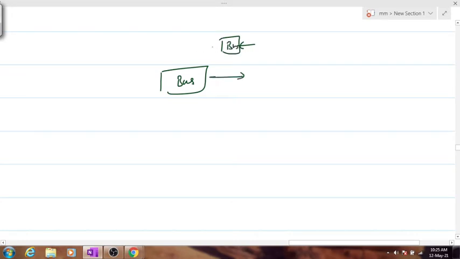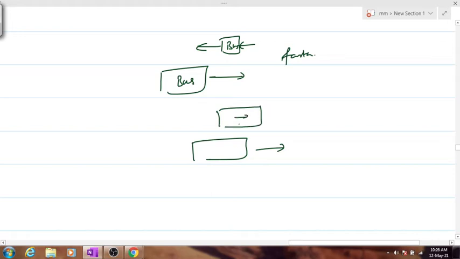You are going in this direction and this is going in this direction. Will this bus appear to go faster or less fast when it passes you by? Faster, na? And supposing you are going in one bus and the other bus is going in the same direction as you are traveling. Will this bus appear to be slower or faster? Slower. Okay, so this is how the concept of relative velocity works.